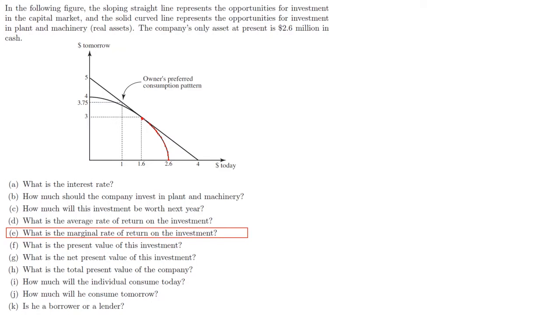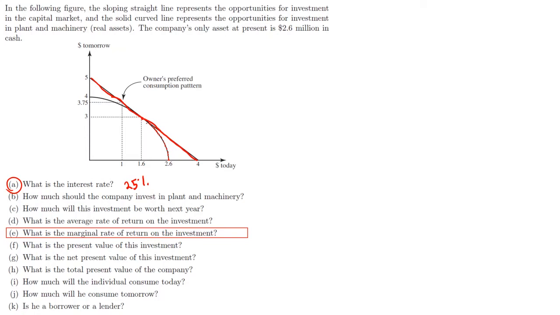Now, if you remember, what we said is that we're going to keep investing in plant and machinery up until the return on that plant and machinery equals, or right before it falls below, what you could get by investing in this straight line right here. What do we say from before? If that straight line allows us to get 25%. So we're going to invest in this line up until it falls below 25%, or even more correctly, up until